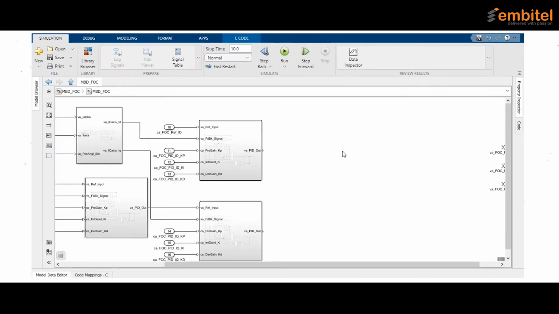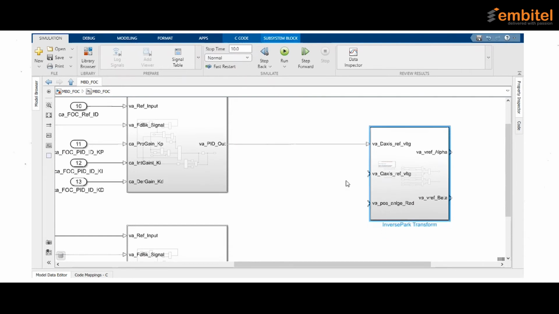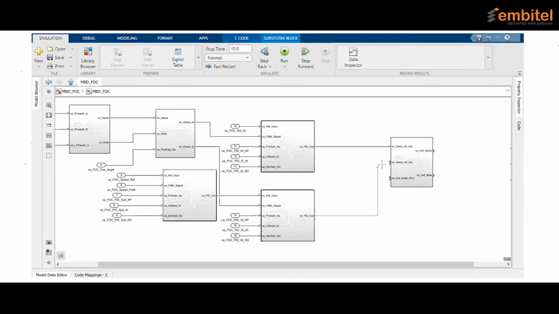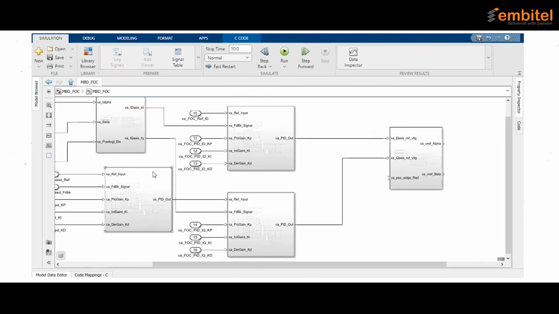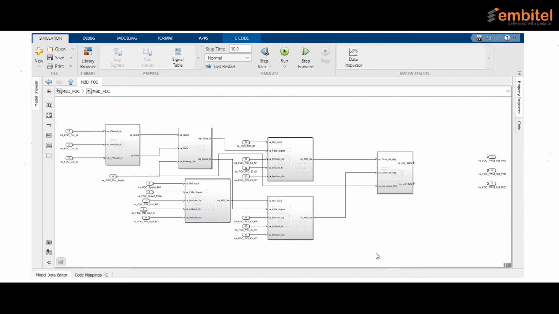Copy the inverse Park transform, paste it here. Connect the D-axis controller output and Q-axis controller output. This also needs the motor position angle as the input. Just connect this to the earlier input that we have.